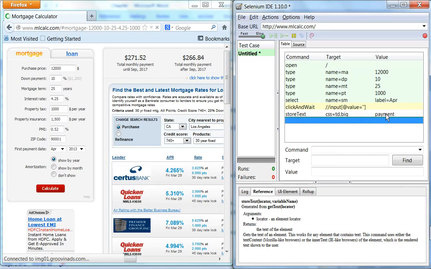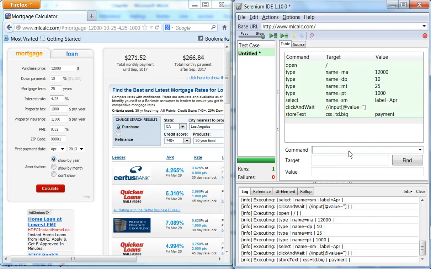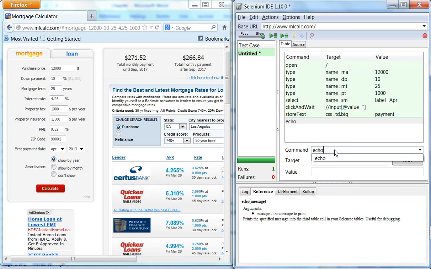And if we want to use the value it has stored, then we can use the echo command, and target would be two curly brackets, then one dollar sign, then the variable name, right? So this is the format. If you want to see the value of a variable, you can put it into the curly brackets and prefix it with a dollar sign. Once you rerun it,